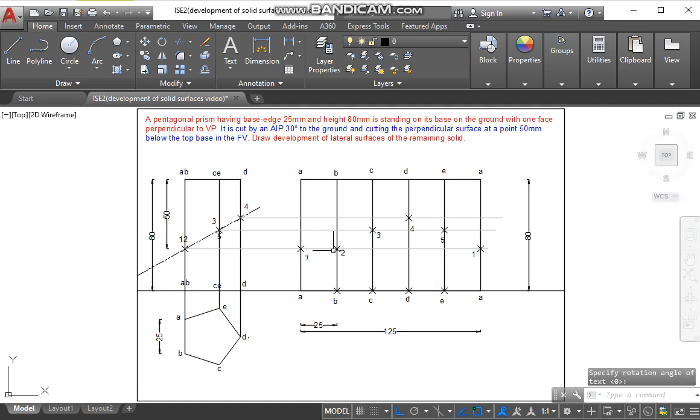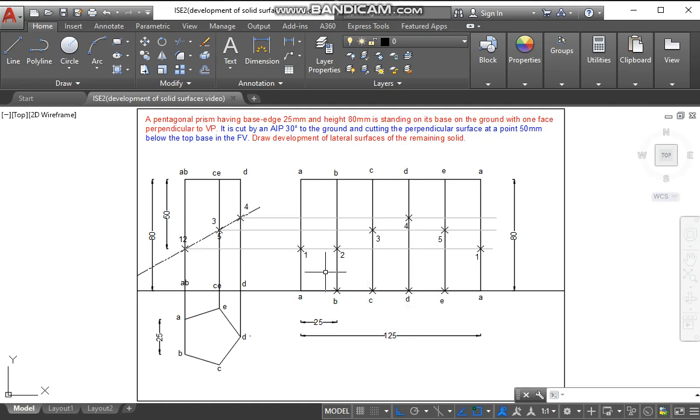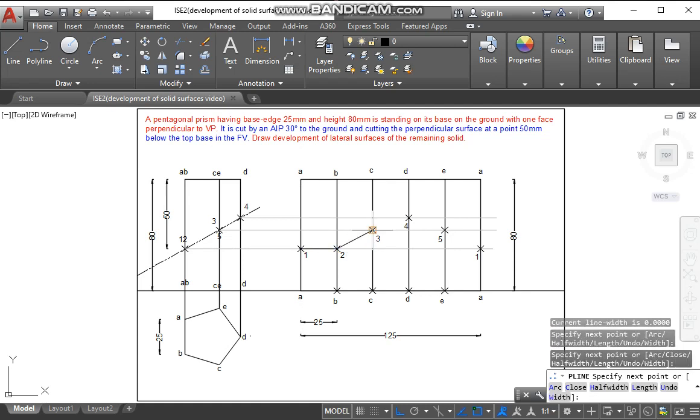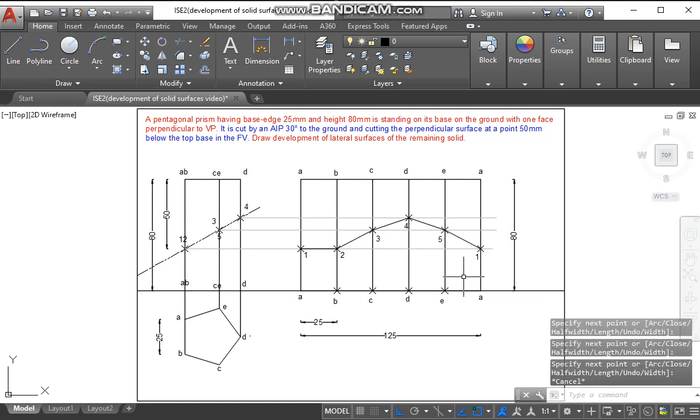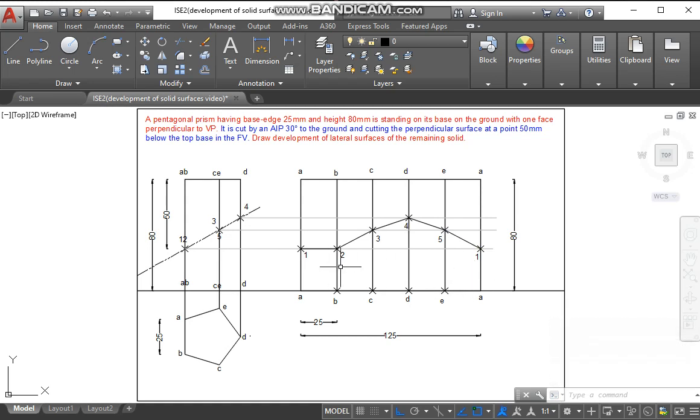So now we can join the points by line command or by polyline command. So we will use the polyline command. So now this surface is the development of lateral surfaces. So the upper part we can trim it or we can keep it in the color 9. If we keep it in the color 9, we will get a clear idea of how we got the development